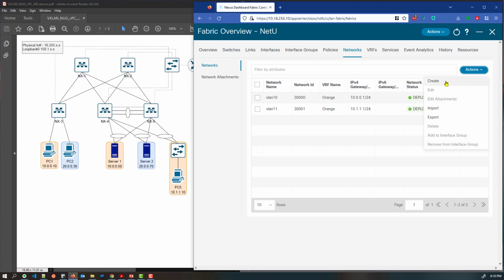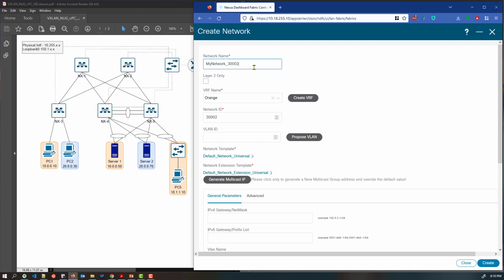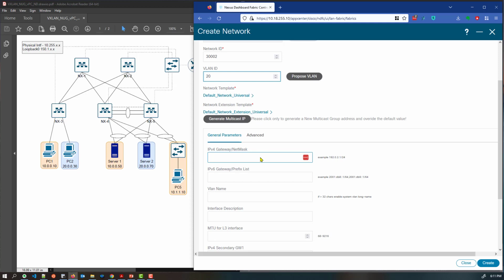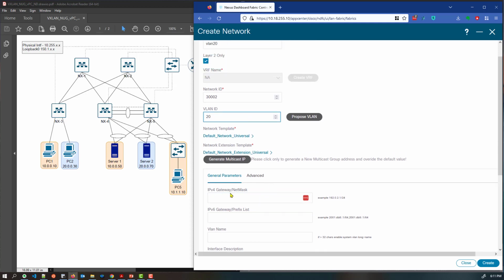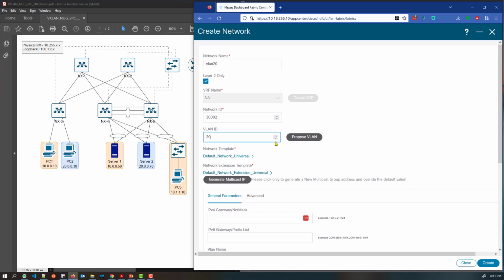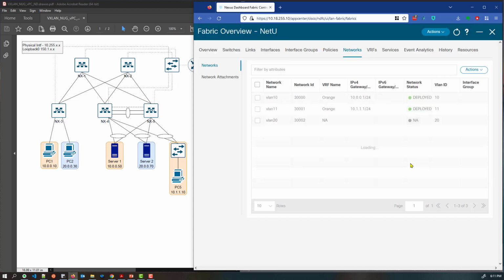They're deployed. Let's make a new network here. Let's call it VLAN 20. And then I'm going to check layer 2 only, which means the VRF selection goes away because it's not needed anymore. VLAN ID is 20, and I don't have to fill any of this out because there's no need for a gateway, an SVI, because we're just bridging here. So it picked the VN segment automatically from those container settings. So if we create this,